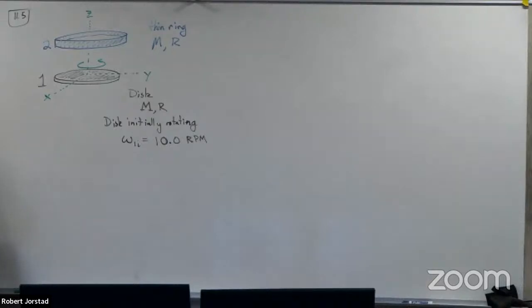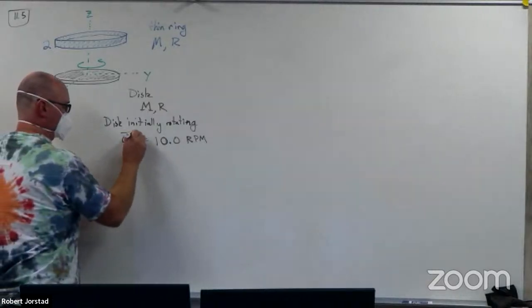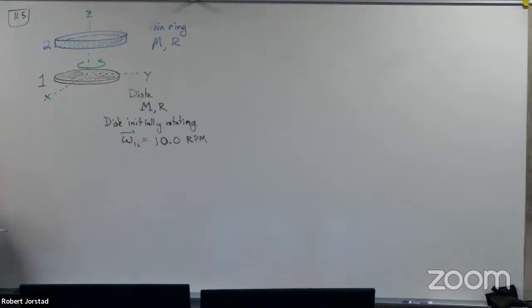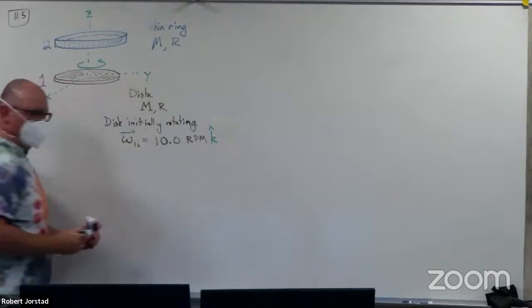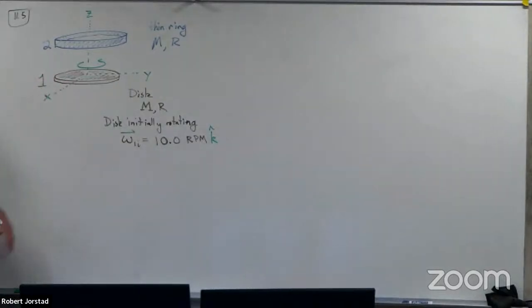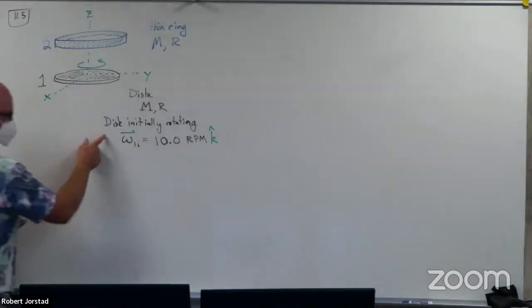Now in this problem, I want to emphasize something just to set you up for success later. If this was a vector, what direction would it be? What is the direction of that initial 10 RPM? It's rotating this way. Yeah, we would call that k hat. And imagine I do another problem where it's rotating the other way, then it might have a negative 10 RPM or something. Or one of them could be positive and the other could be negative. That's a classic problem I've given before. So it's important to understand where the plus minus signs may come from, and it's from this vector quantity,